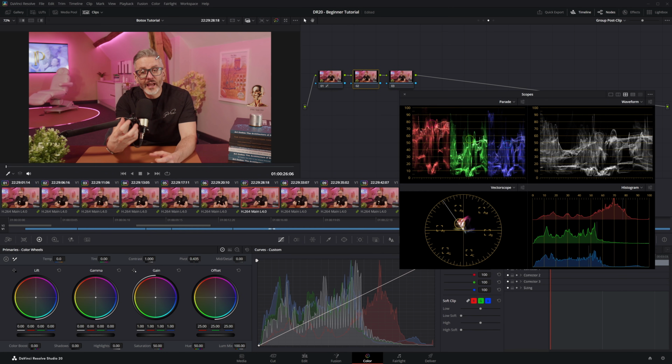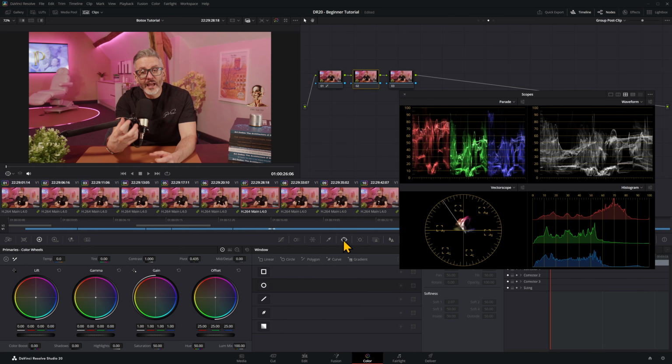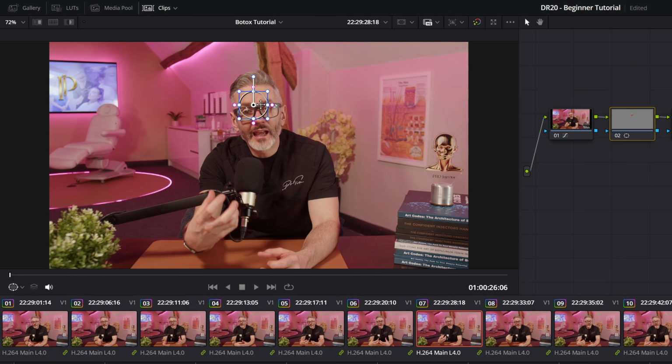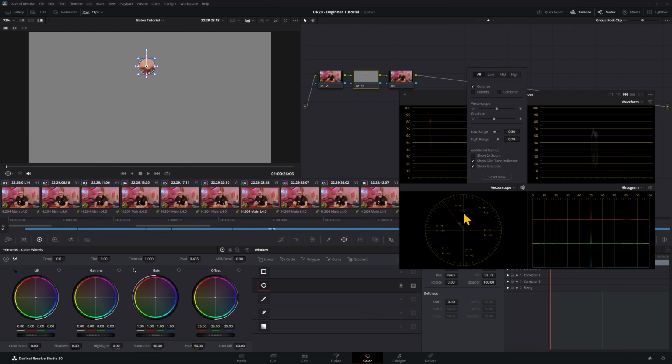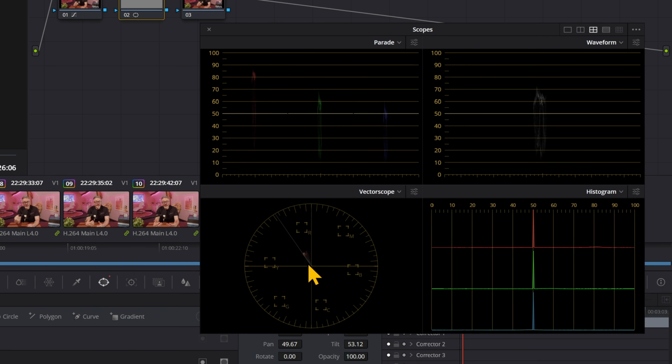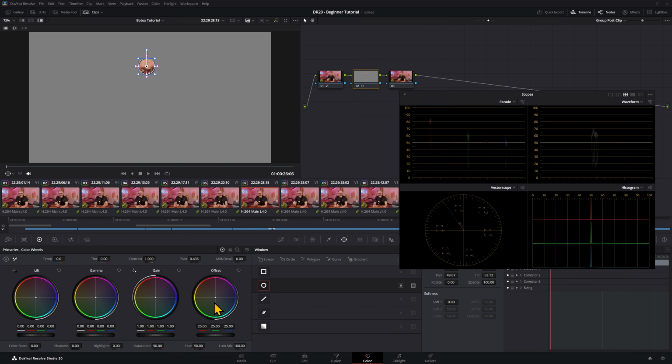So the way I do this with an A-roll is just come over to the power window, press the circle, get rid of the feather because we don't need that, and just make it small so that we see his forehead. Then we'd come here and highlight, so all we see is his forehead. I'm going to turn the graticule down so I can actually see where it is. And looking at this, he's very close to the skin tone line, but it could be a little bit more towards the green. So I just come to the offset and just drag it down a little bit so it